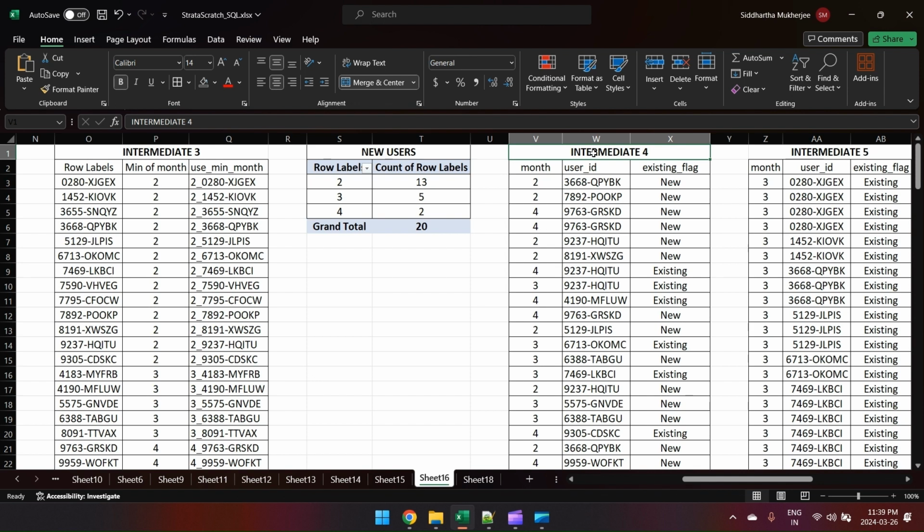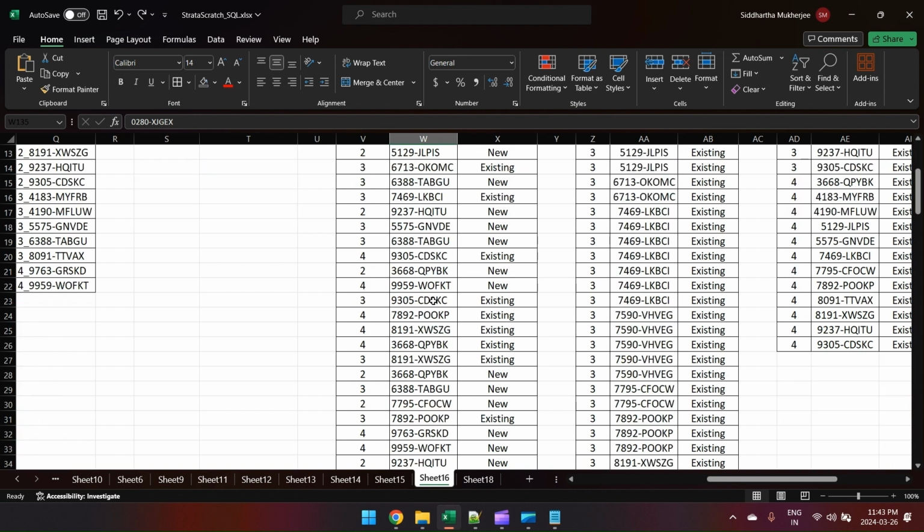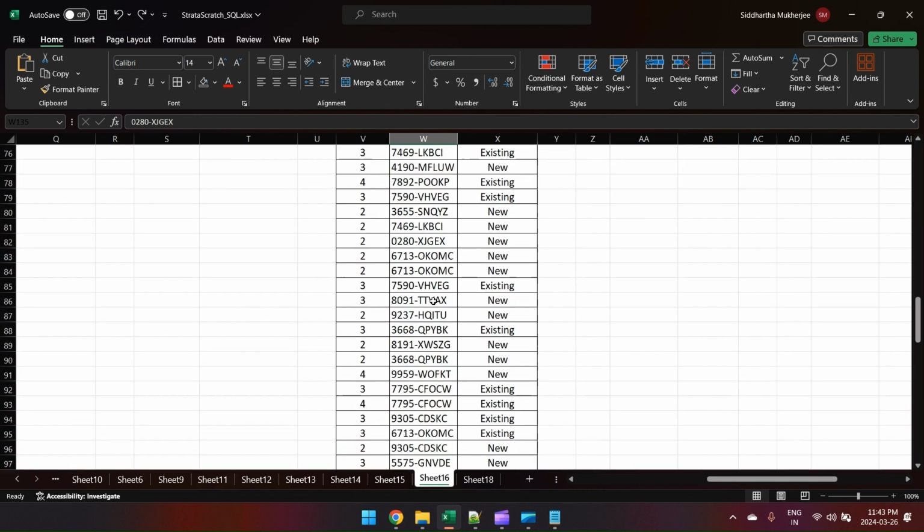This is again a useful intermediate step. The only two problems with this table is it contains both new as well as existing users, whereas we have already solved the new user problem. We need to solve only the existing user problem. The second problem with this table is a given month, user ID and existing flag combination can appear more than once in this table. For example, if we look at this user